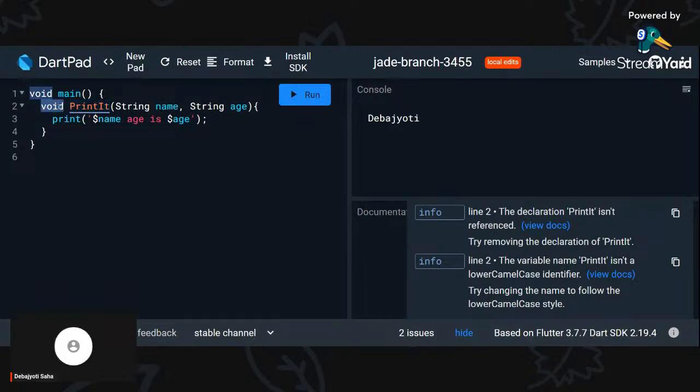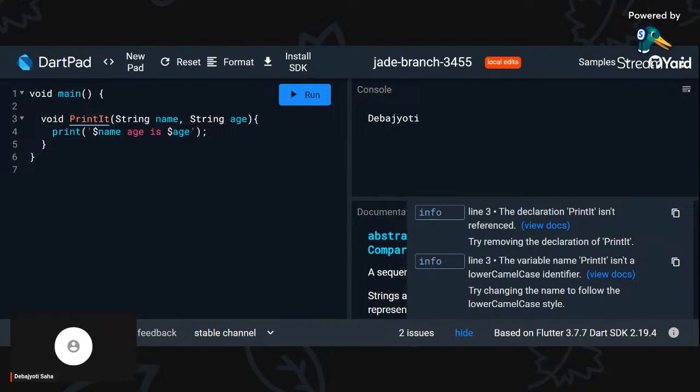This is a normal function syntax. The utmost left keyword defines the type, that is, what I am returning from the function. This void keyword means I am not returning anything from the function, and this is the function name. Then these are the parameters. The function takes two parameters, one is name, one is age. After that, I am printing the name and age. I have defined the function. If I call it,